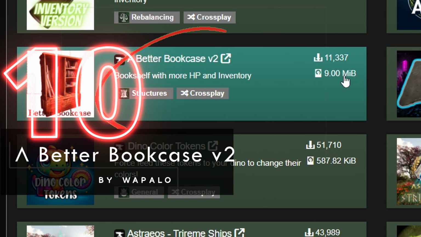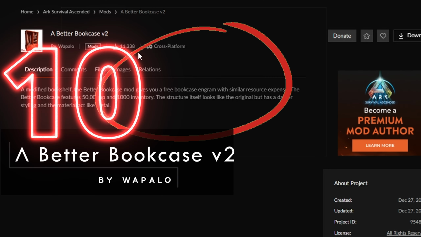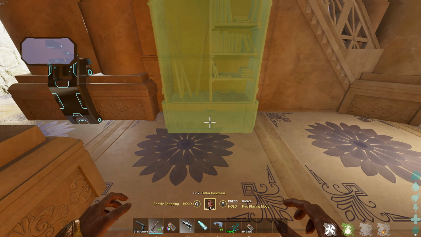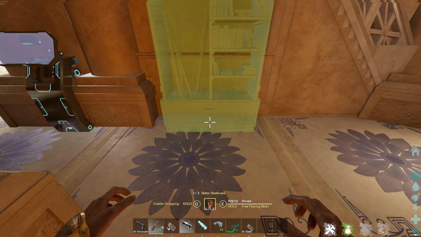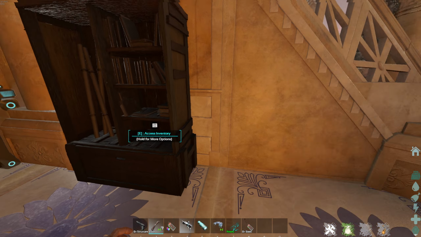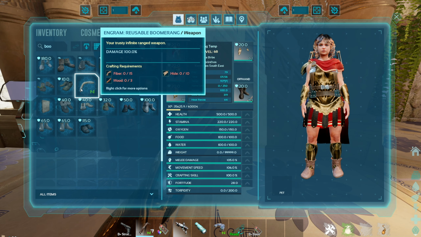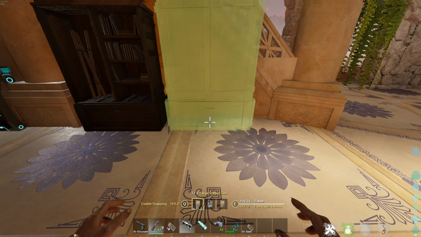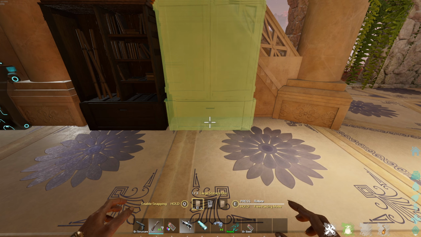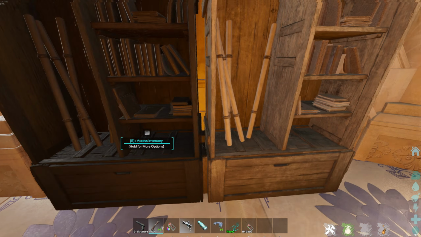And then Better Bookcase version 2. This is another tiny little one, 9 megabytes, kind of in the vein of that Barrett's Better Storage, just adds the one item. It's a bookcase that has a similar resource expense, and it has 50,000 HP and 1,000 inventory. And the structure itself looks like the original bookcase, but is a little bit darker, and the material acts as metal tier. So yeah, most creatures cannot damage it,